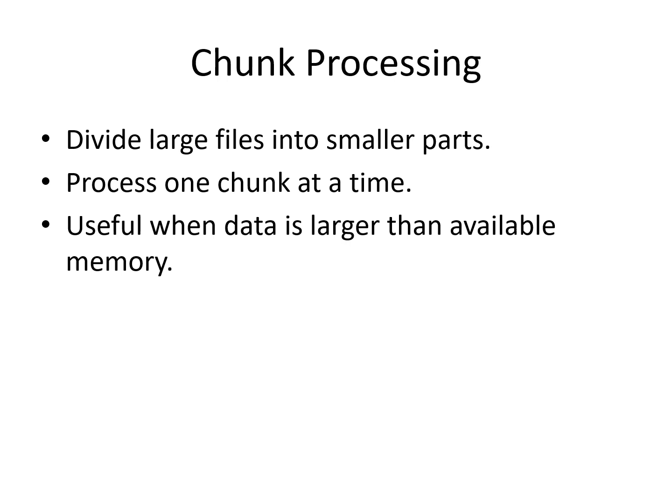Chunk processing. Chunk processing means dividing a large dataset into smaller parts. Instead of loading the entire dataset into memory, we process one portion at a time. For example, a company has a 10 GB sales file. Instead of loading the complete file, we process it in smaller batches. This improves memory usage and prevents system crashes.